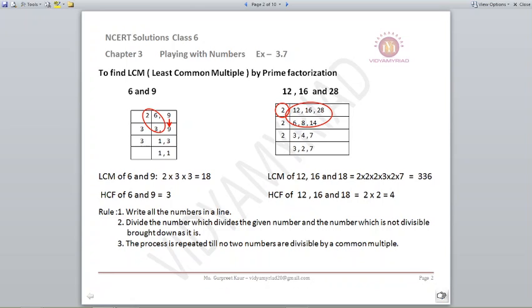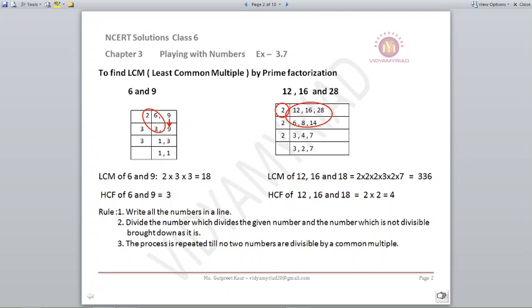So I just repeat once again, children. This whole exercise we will be doing by this method only. Whatever numbers are provided, for finding out the LCM, just write them in a single line. Make 2 columns, write on your right hand side, and see with what number it is getting divisible. If it is divisible, write that number. If the number is not divisible by any, you will copy down the same number.